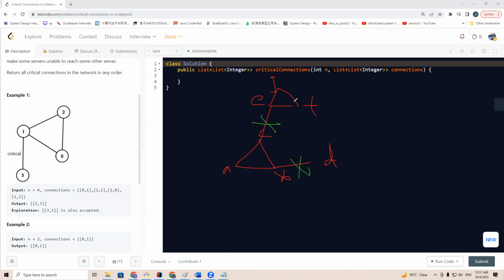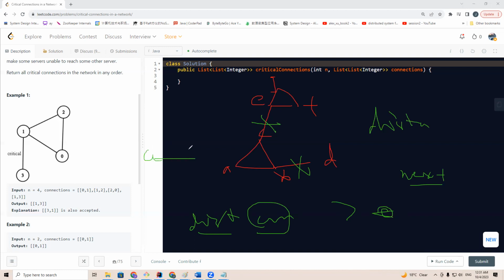So this question is about a bidirectional graph, detecting a circle. We can use the distance array to detect the circle. If we have distance next smaller than distance current, so why is it smaller than? That is because for a bidirectional graph,